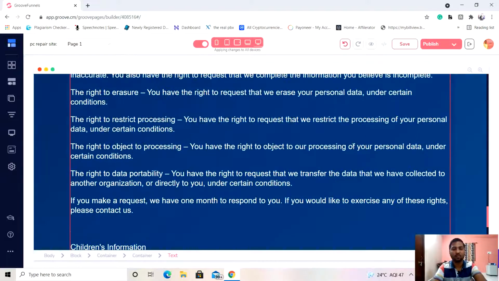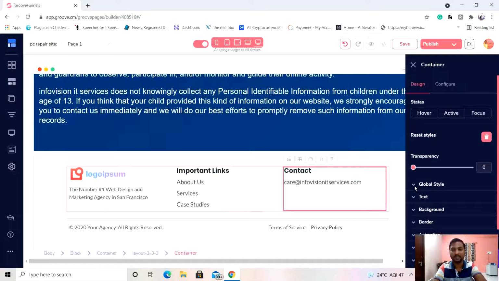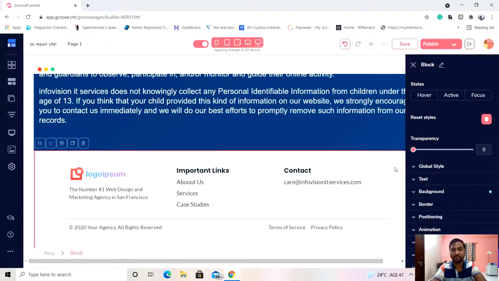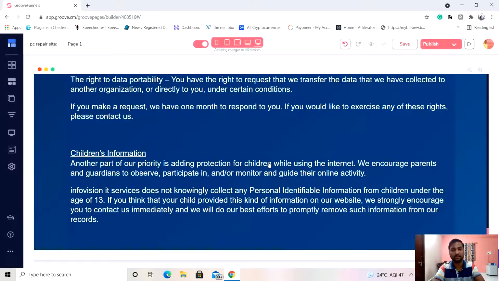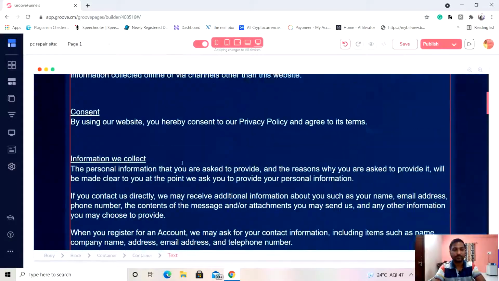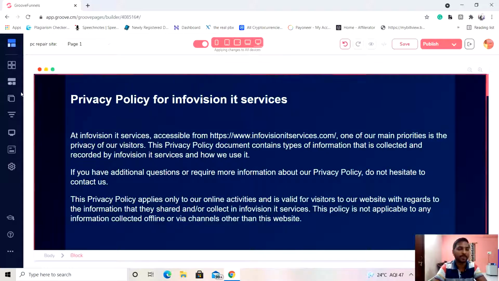Okay, now what we have to do, I'm just going to delete this footer part from here, and what I will do, I will connect the header and footer of this particular page which we are designing right now. So let's go ahead and do that as well. I'll tell you how we can do that. So we just add a block here.